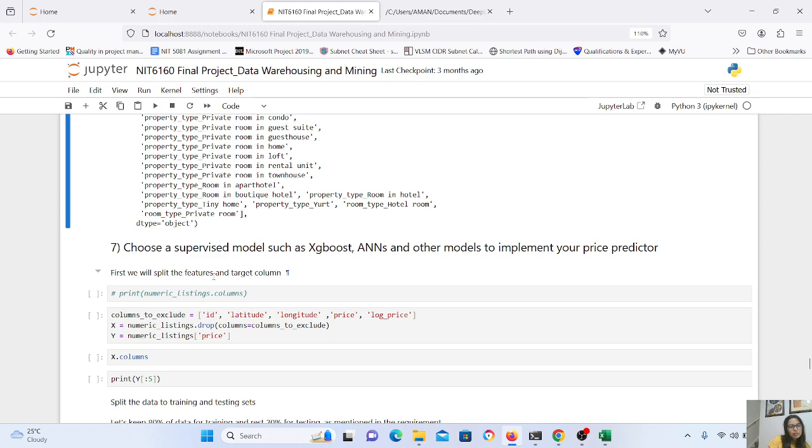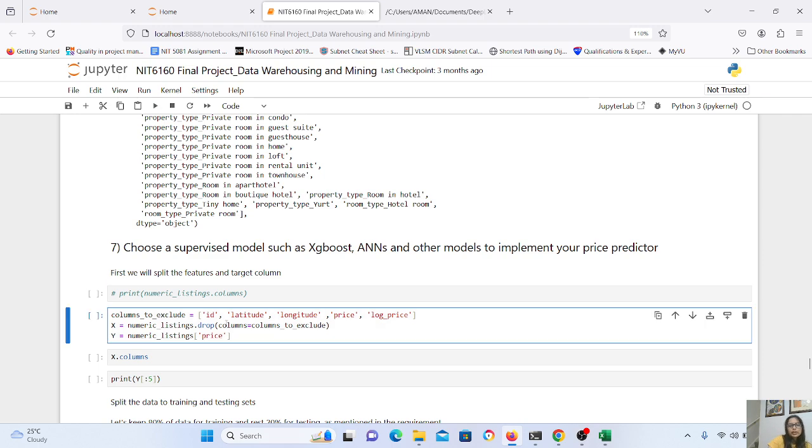First we'll split the features and the target value. We want to predict price. We will feed all those attributes and we want our machine learning model to predict price. For example, if I provide name, description, and location to our model, I want to get the price of that particular house. Okay, so for that prediction, I want to exclude latitude, longitude, price